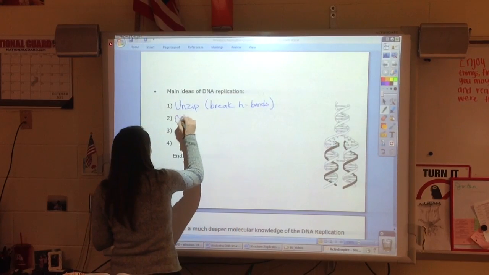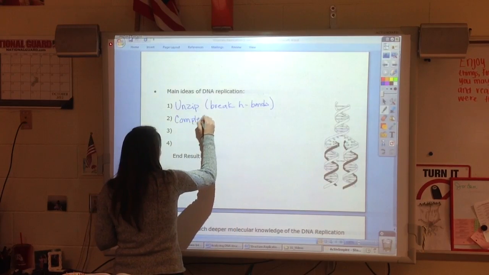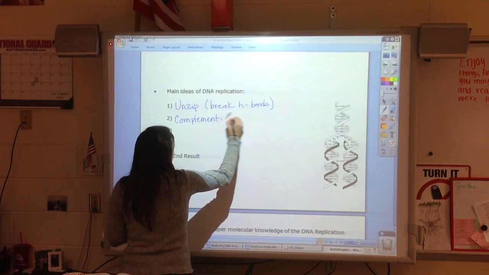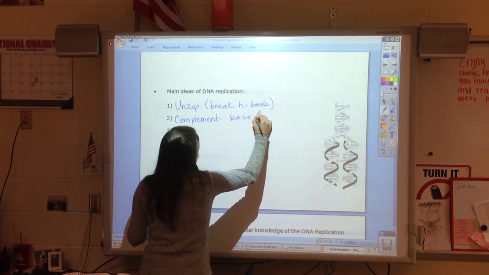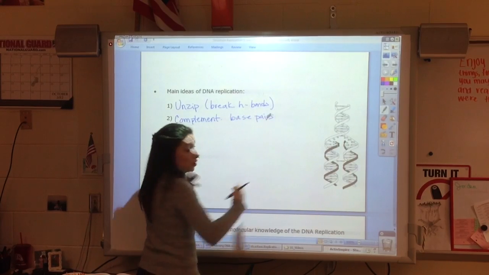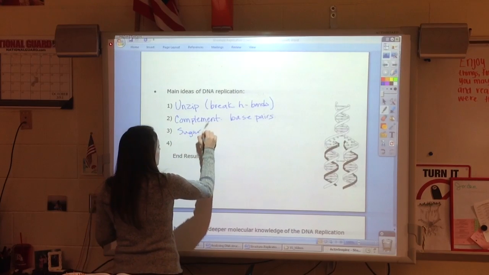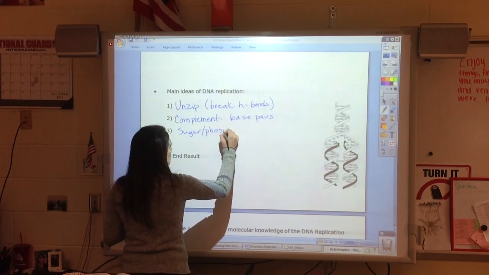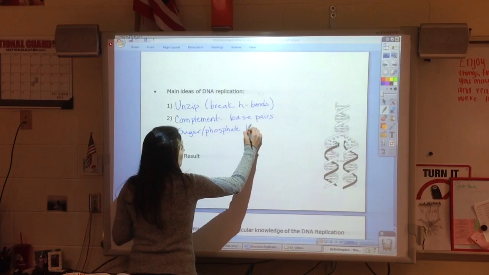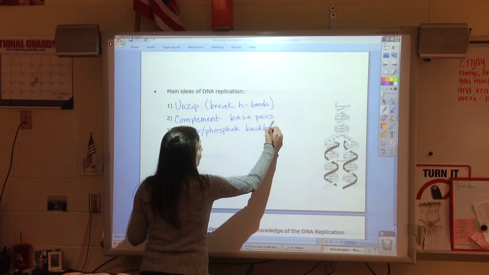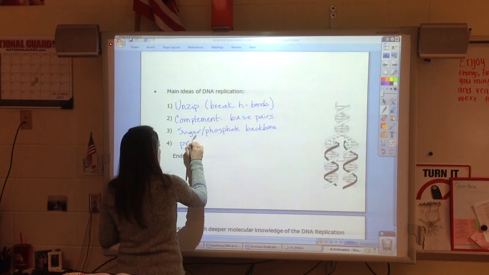We're going to use complementary base pairs to attract the nitrogen bases. We're going to build a sugar phosphate backbone. And the last thing is actually proofreading. We're going to see a step that an